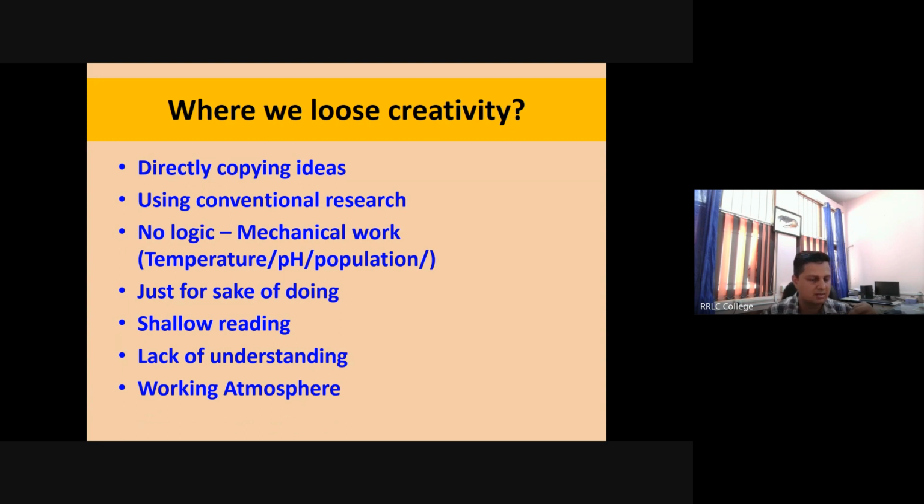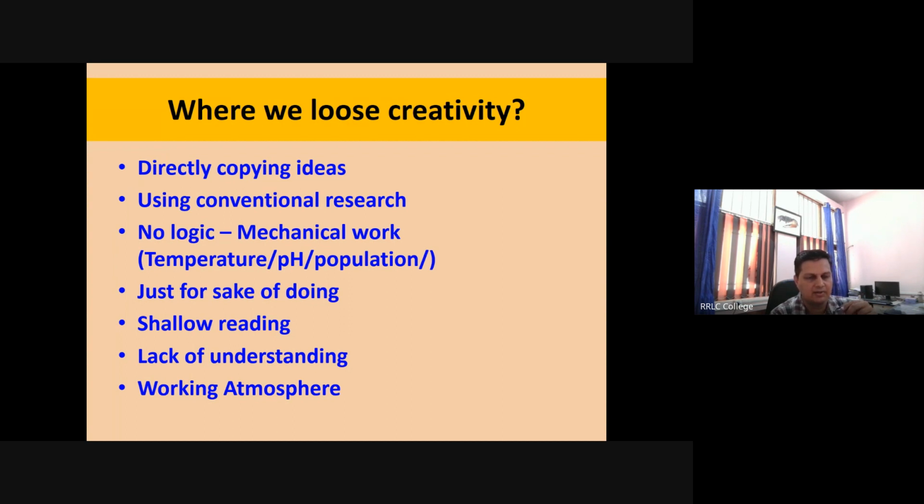Working atmosphere also affects creativity. If you have a good team of researchers, you will get magnificent output. आपको मजा आएगा अपनी लैब में काम करने में, where people are healthily talking, discussing different ideas कि हम ये कैसे कर सकते हैं.